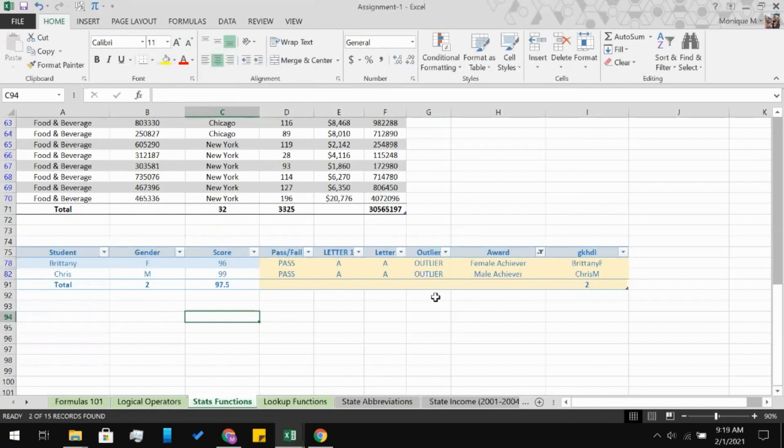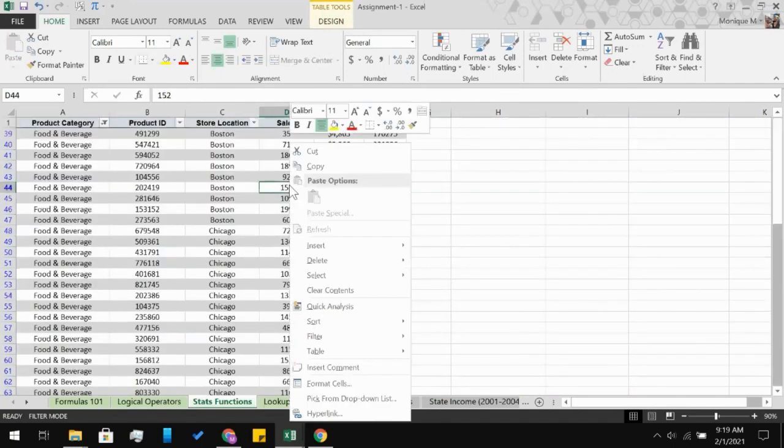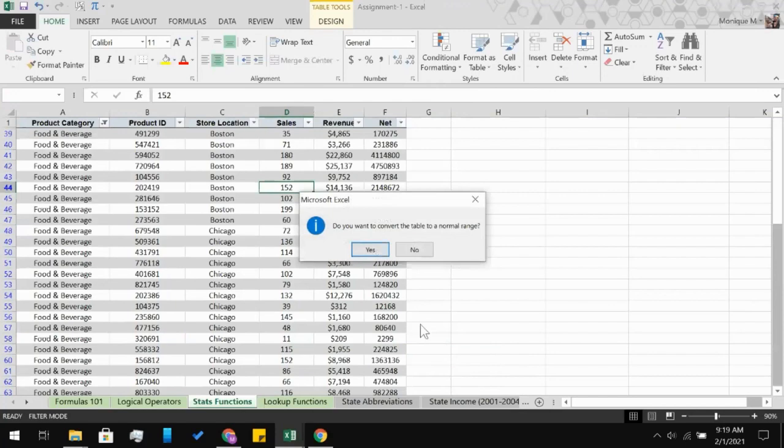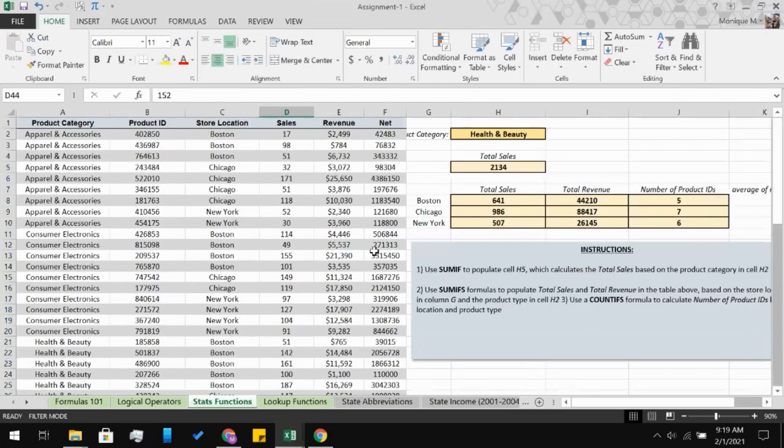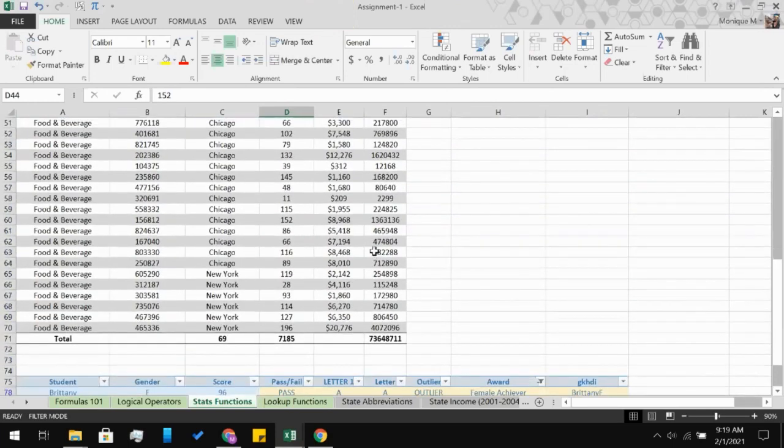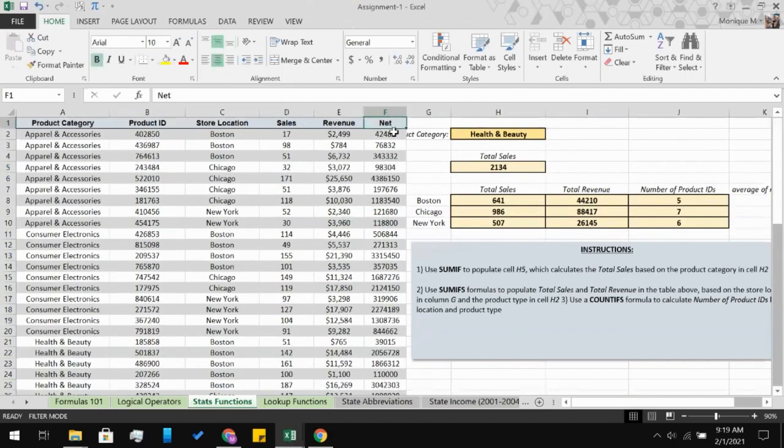Are we good? If you wish to remove the table functionality, how do you remove it? Keep the cursor on table 1, right click, and the option Table comes up, and you have to say Convert to Range. So now it is no longer a table. Maybe the colors are there, but it's not a table now. If you add one more column at the last, the automatic filter and things will not happen. Insert column after the